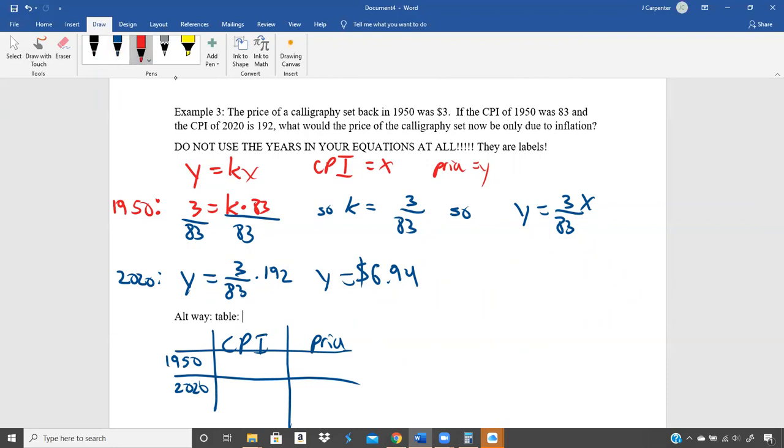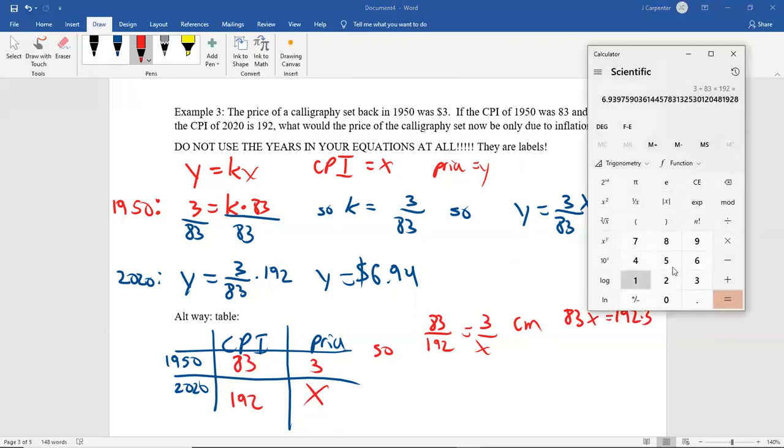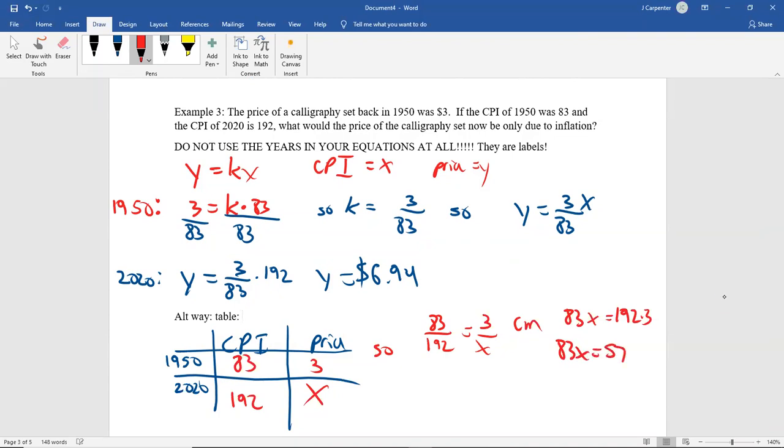The CPI for 1950 was 83. For 2020, it was 192. The prices that we have, we know in 1950 it was $3. That makes this the X. So we do 83 over 192 equals 3 over x. We cross multiply, which gives us 83x is equal to 192 times 3. 192 times 3 is 576. So that's 83x equals 576. We divide both sides by 83,